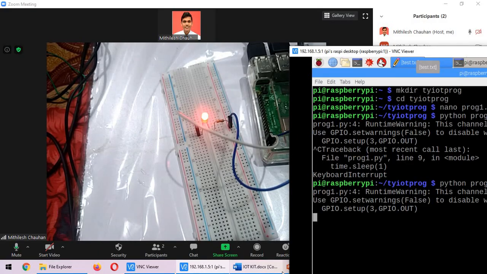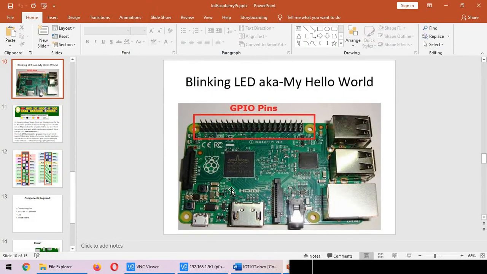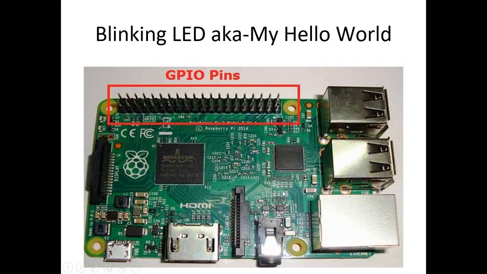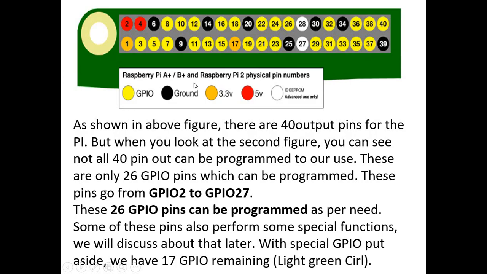So this is one of the practicals, blinking a single LED. Likewise, we may connect different sets of LEDs. We may have a practical of connecting 4 LEDs. Then in that case, we may use pin numbers 3, 5, 7, 8 and so on for connecting different LEDs. That will be seen in the next practice.